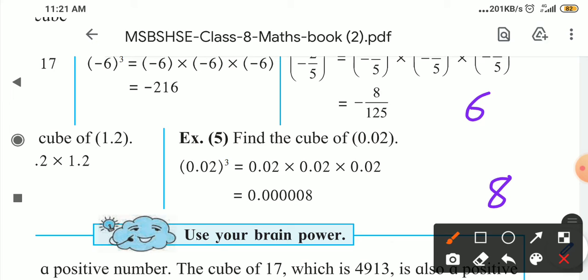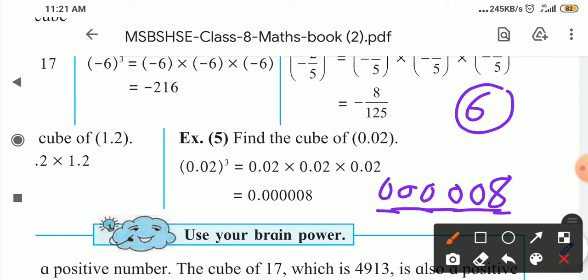So for that, what we have to do: first, 8 is there, so this is the first digit. The second digit is not there. We are counting from the backside, from right to left. So 8 is the first digit, and we have to take 6 digits. That digit is not there, so give 0. Again, this is 2, 3, this one is 4, 5, 6. And then you have to give the point and 0.